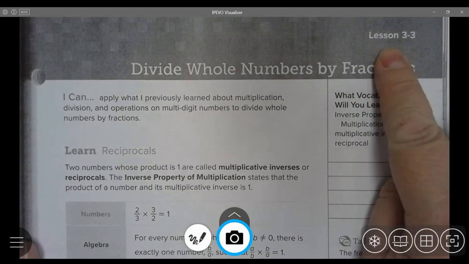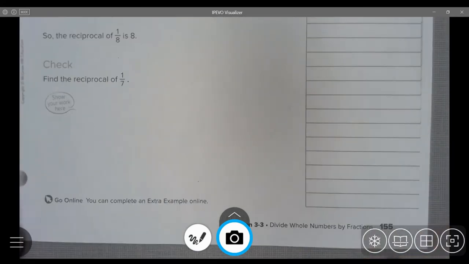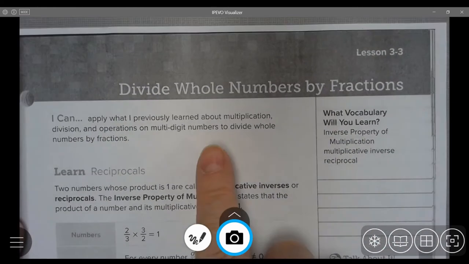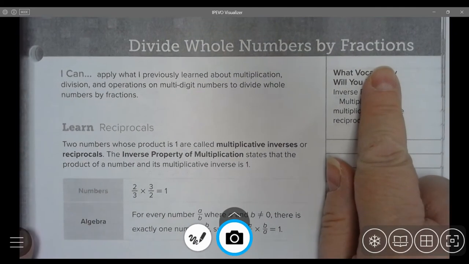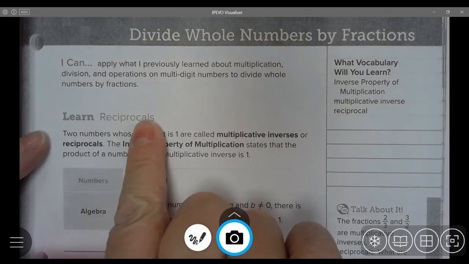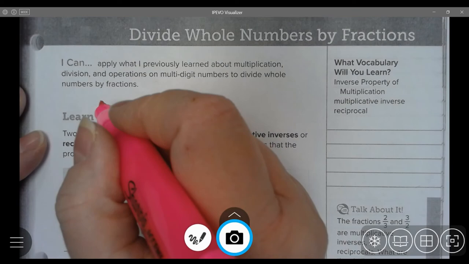We're going to work on lesson 3-3, which is on page 155 in your math book. Divide whole numbers by fractions. So this is going to be something that is possibly new to you, and this is really cool. All right, so here we go. Reciprocals. This is a new word that we're going to be taking a look at and using